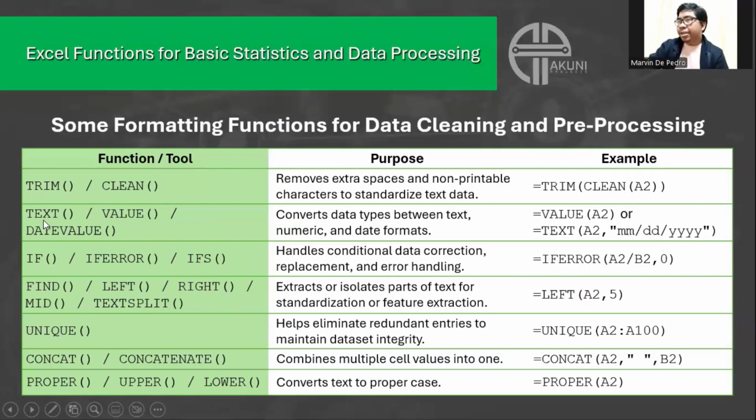Another thing is we can also use functions that convert data types between text, numeric formats, and date formats. For example, with the text function, if you want to convert a number into text, then we use this formula. And then value or date value.